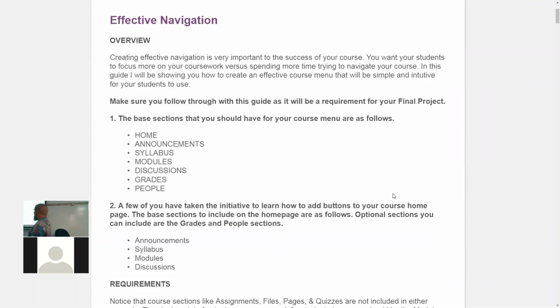When we talk about the base sections, if you've read this before, the missing thing that I had for the top section, I missed grades. Grades wasn't included, and that should be included. So the base sections in your course menu are as follows, in order: home, announcements, syllabus, modules, discussions, grades, and